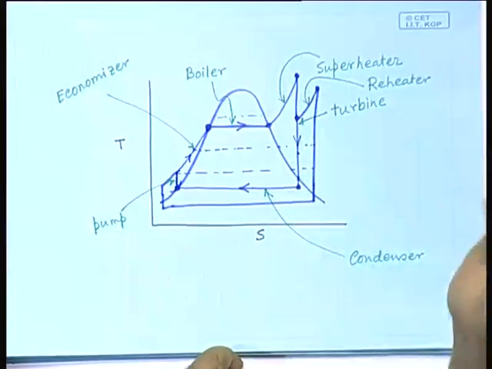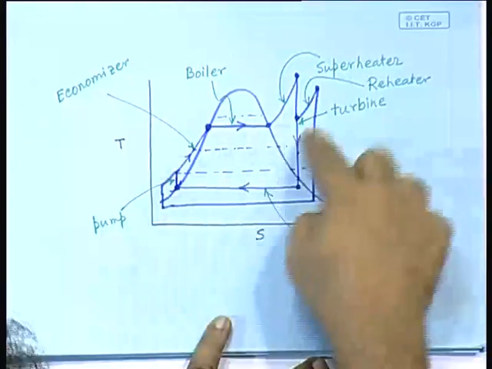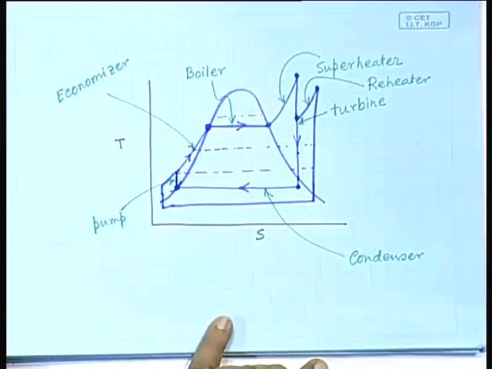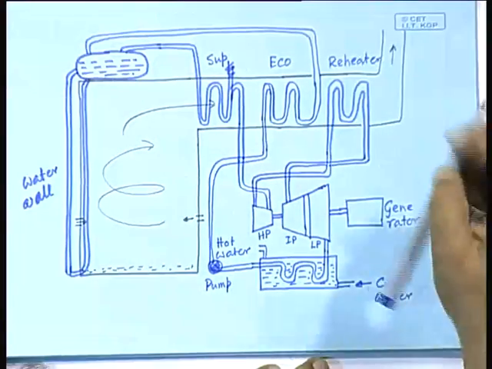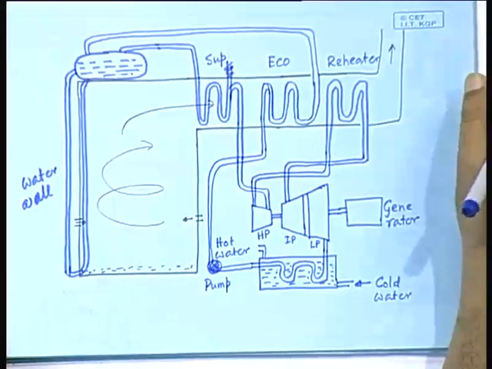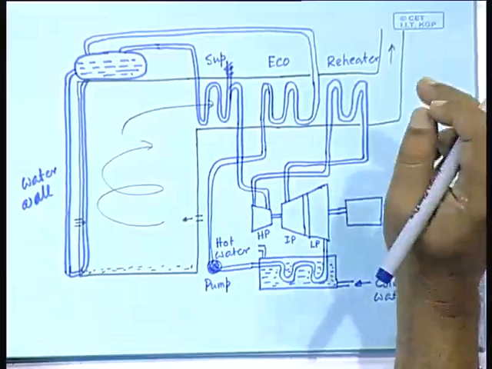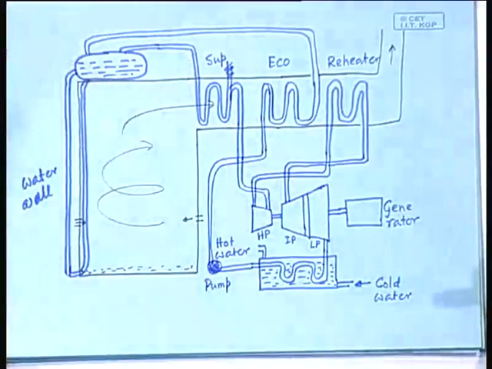Higher pressure means higher temperature, higher 1 minus T2 by T1. That temperature higher, this point higher, you can see the area goes up. So, this is one of the improvements that is sometimes done in relatively larger power plants like the super thermal power plants. This is called the once through kind of cycle. Clear? Is there any question on this structure?